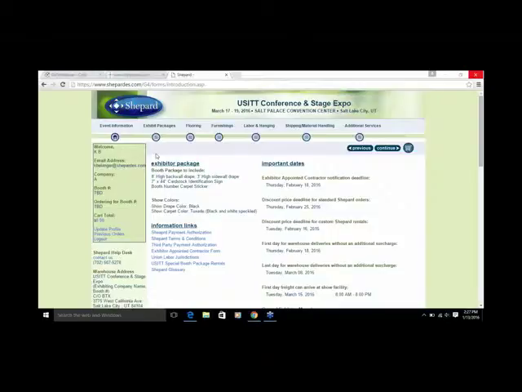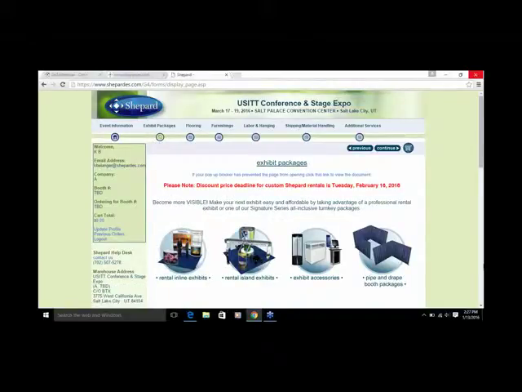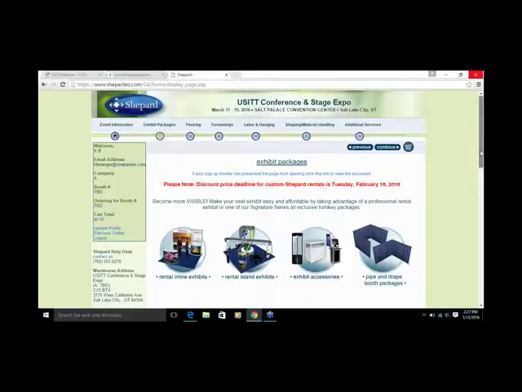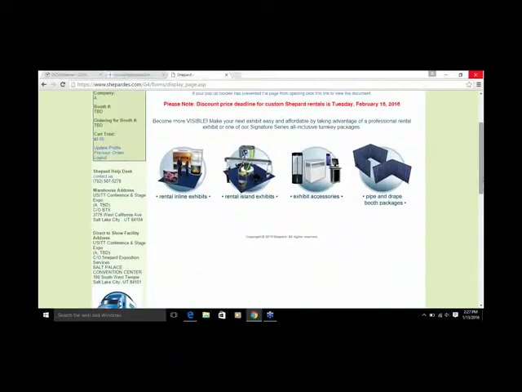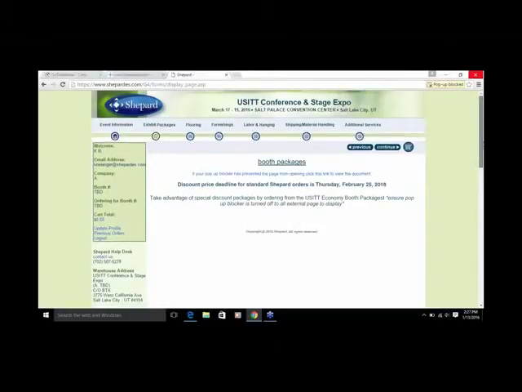To order actual services, if you look across the top, we have, first off, event exhibit packages. These are any types of rentals that you want that are typically in combination with other things. So the most commonly ordered one are the pipe and drape booth packages over on the right. So I'm just going to click into this,